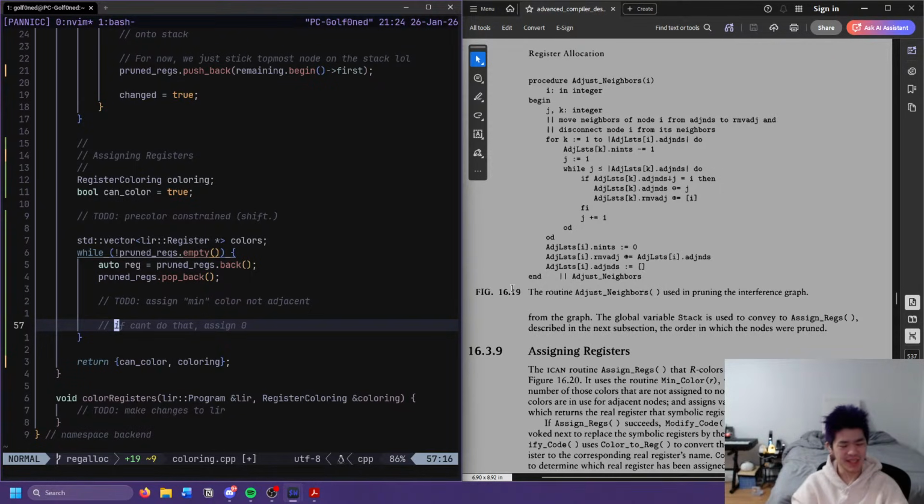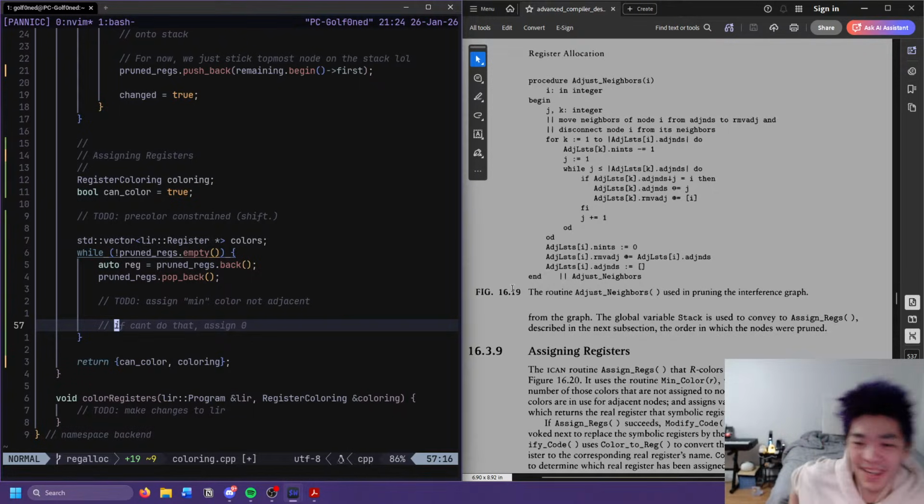Now, how would I do this? How would I actually do this? I guess we could just give it like... I guess how would we do this in a way that pre-coloring wouldn't mess it up? How would you do pre-coloring?